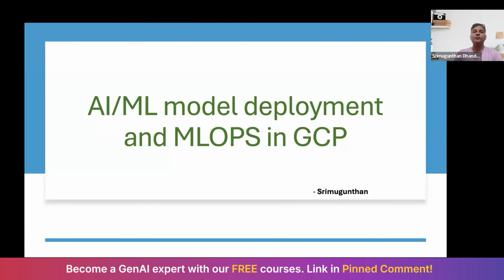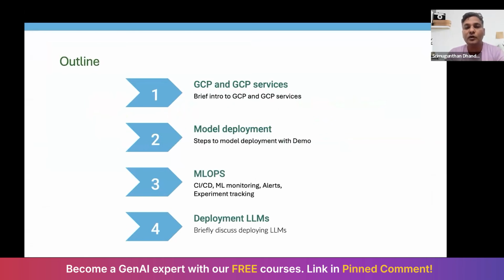Welcome to the session. The topic of the session is AI/ML model deployment and MLOps in GCP. So let me get started. The outline of the session is